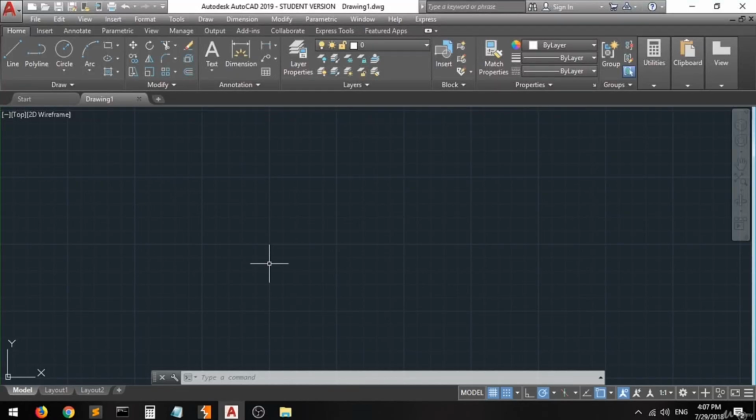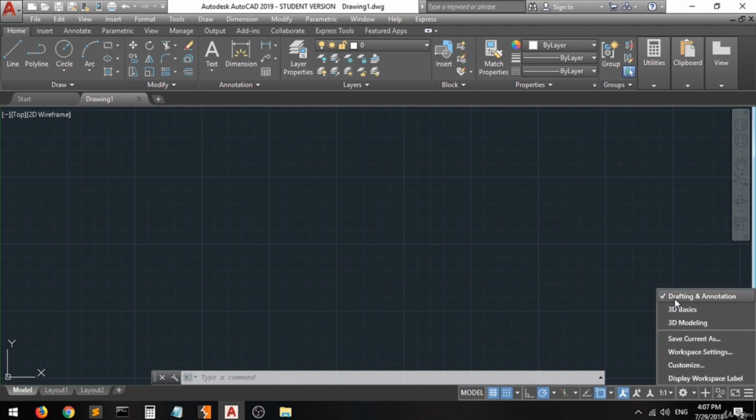Hi guys and welcome. In this lecture I'm going to help you to understand the coordinate system of AutoCAD. As any other drawing software, AutoCAD has a simple coordinate system which contains the x-axis, y-axis, and the z-axis. As you can see, since we are on the draft and annotation, which is for 2D drafting, there's only the